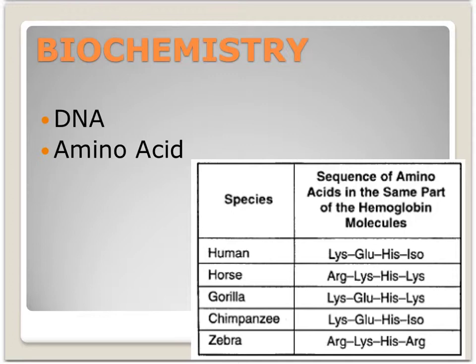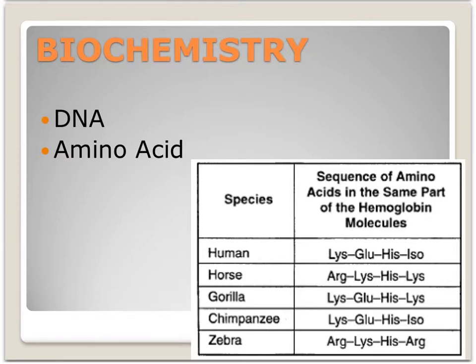Thanks to advances in modern technology, it is also now possible to analyze the DNA and amino acid sequences of organisms. Shared sequences of genetic material tend to suggest common ancestry. Two organisms that have evolved from the same ancestor might have a high percentage of DNA or amino acid sequences